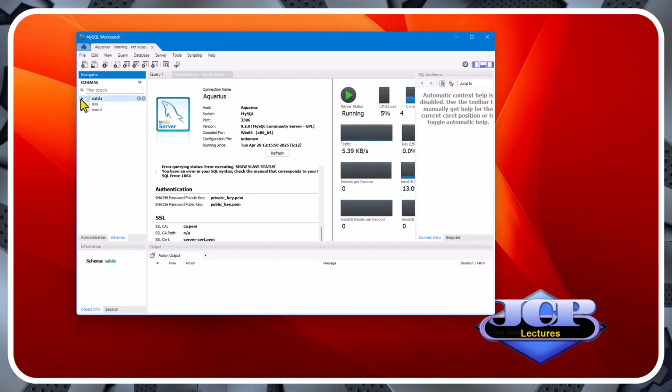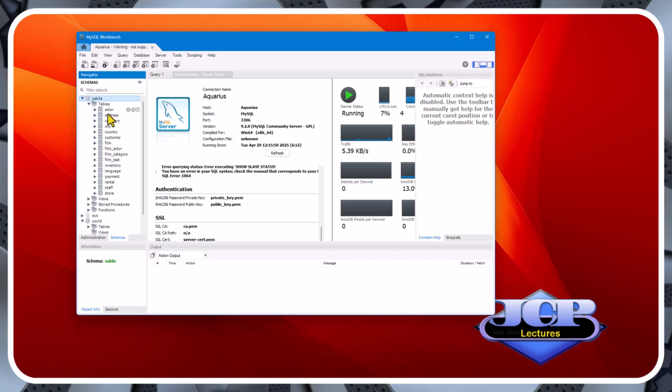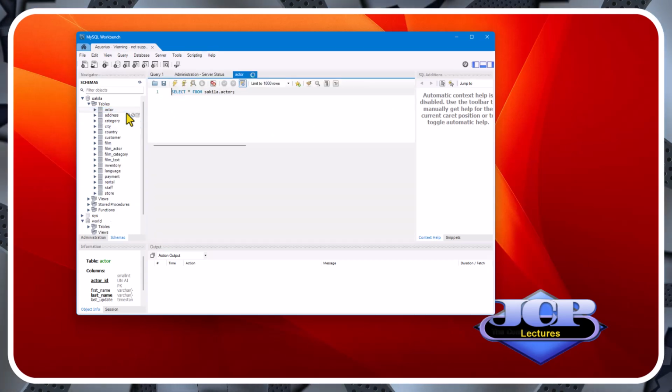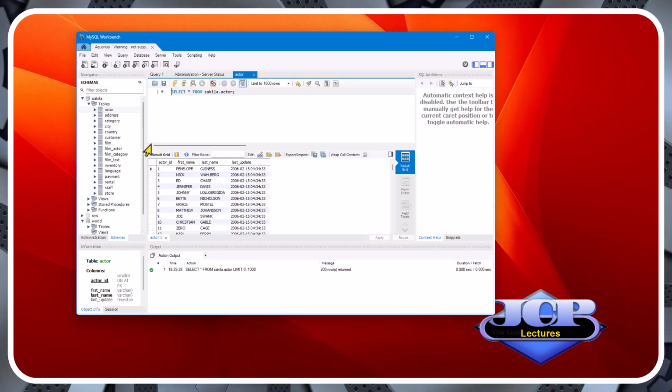If we click on Sakila, tables, views, stored procedures, and functions are exposed. If we click on tables, all the available tables that we saw before will show up again. If we right-click on actor, all the records of that table will display due to the query select asterisk from actor.